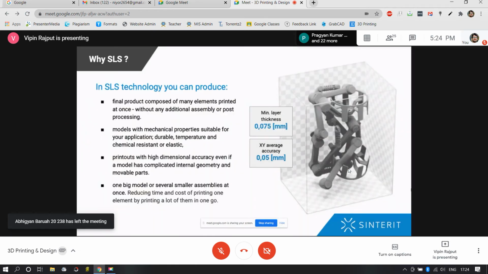So we'll just talk about some things. Why SLS? Why only SLS technology? Why are we talking about this particular technology in such an exaggerated manner? The reason is this technology is actually the game changer in the industry. So the very first point you can read is, can someone read the very first point for me,